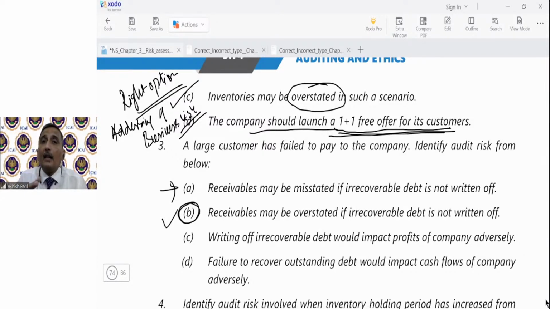So इसका डायरेक्ट इंपैक्ट किससे है? It is directly related to overstatement of debtors. So the best option is overstatement, because misstatement includes both the things, understatement and overstatement. In this situation, there can be no possibility of understatement. So the best option is overstatement. Is that clear, sir? यस सर, यस सर, नो इट इज क्लियर सर।